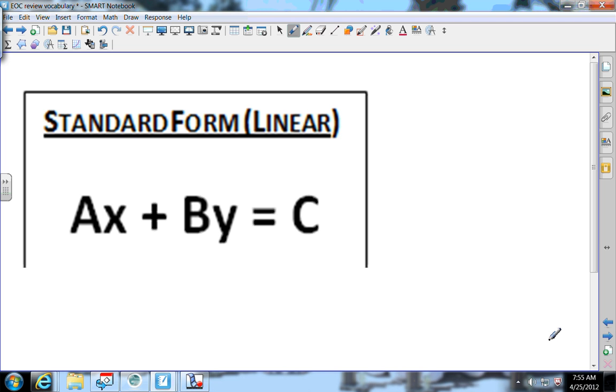A lot of the answer choices are going to be written in standard form like this. You're going to need to know how to move them into slope-intercept. So right now, if you don't remember this, make a note on the back of your paper that we need to look at solving for y. That's where you take standard form and move it into slope-intercept form. If you know that you don't really remember standard form, then make that note that we need to review solving for y. Okay? Next,